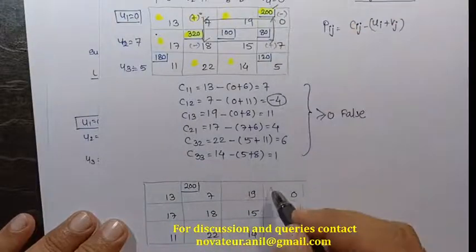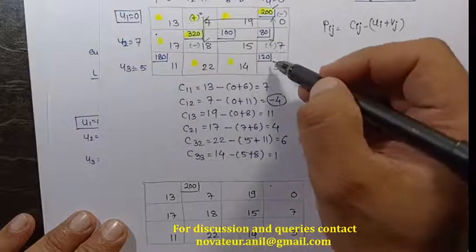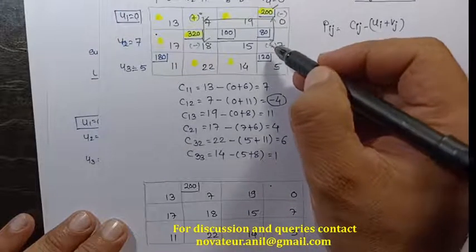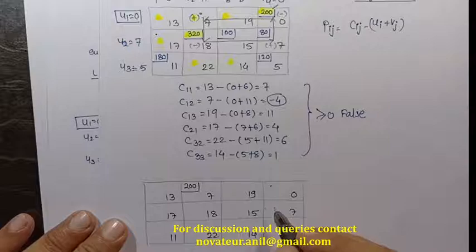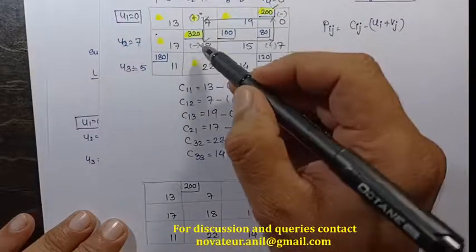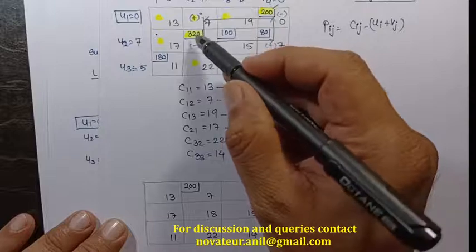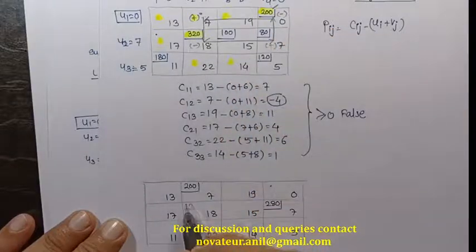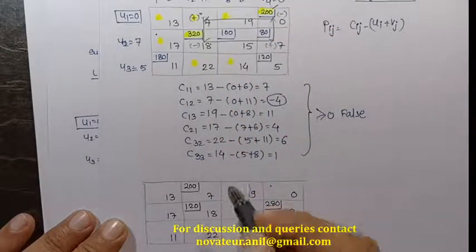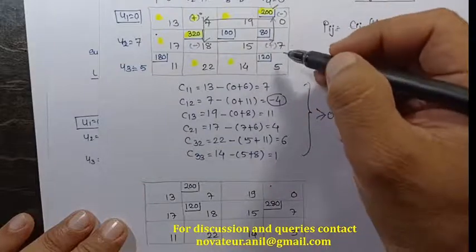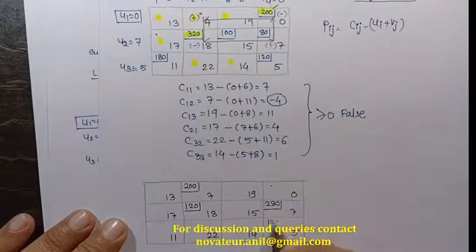Here it is minus, so it becomes 0. Here is the plus sign, so I am going to add 200 into it, so it becomes 280. Plus here it is the negative sign, so I am going to subtract 200 from it, so this becomes 120. And in the rest of the cells I am going to write down the assigned value as it is, that is 100 here and 180 here.